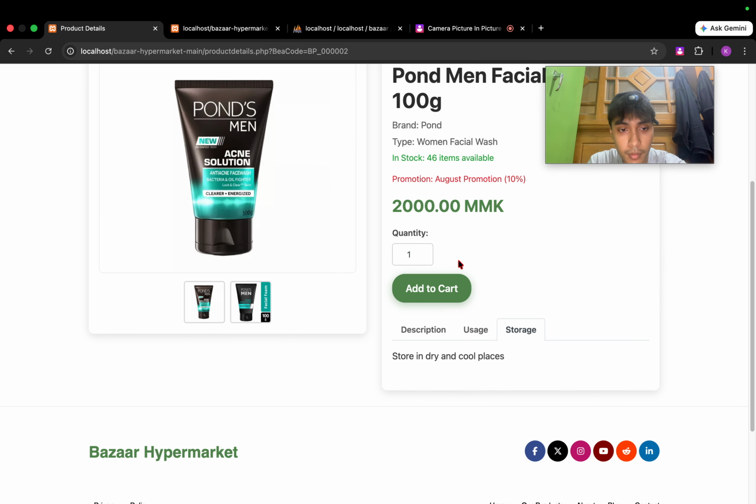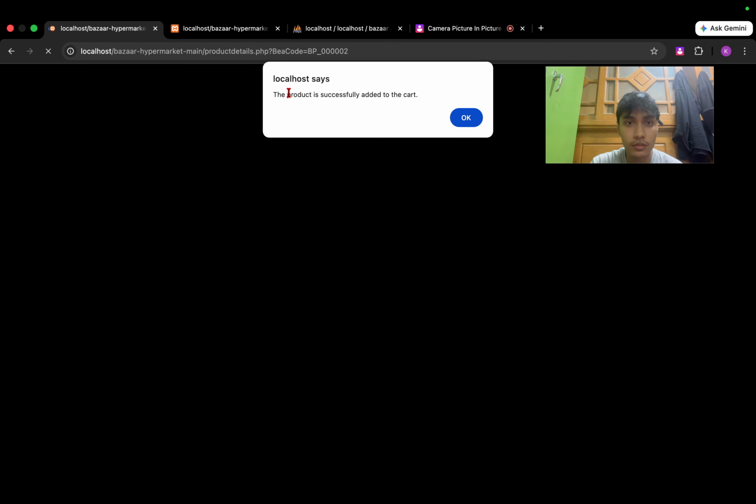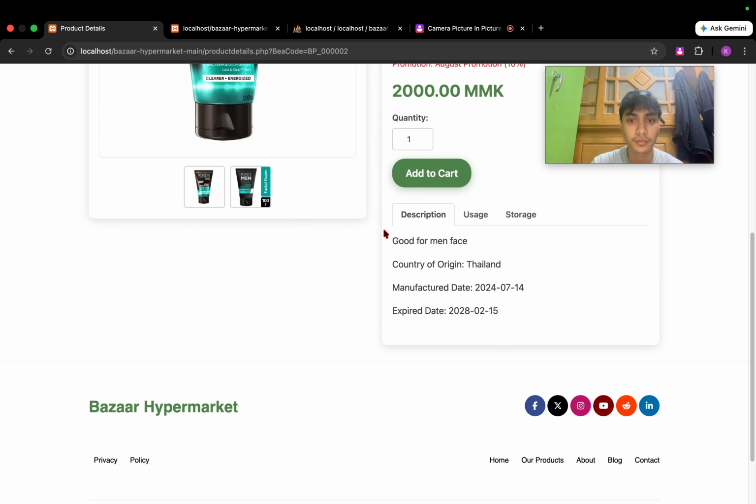If they want to buy the product, users can also select the quantity, and they can click add to cart. This is a message that the product is successfully added to the cart.